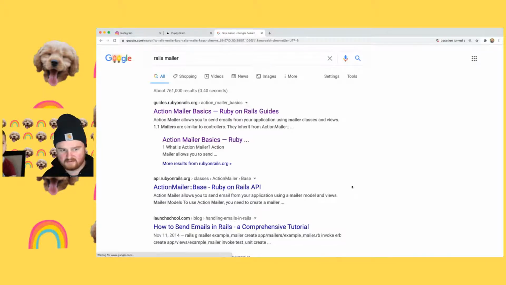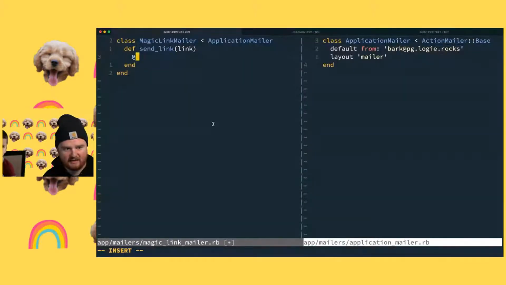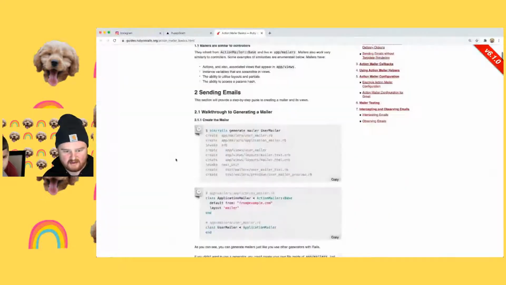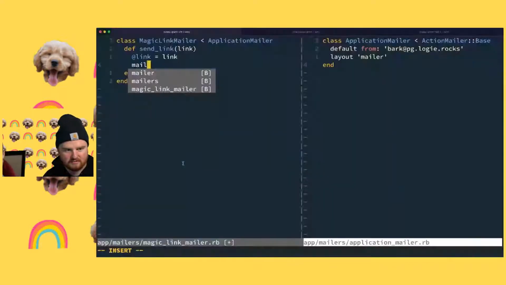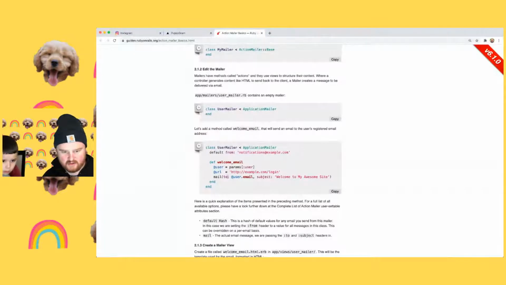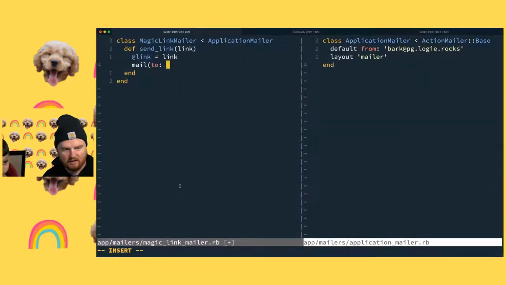I can't remember the basics for action mailers. I think we need just at link equals link, and that'll give us reference to the magic link. And then we need to say mail to, and the to email is going to be the owner's